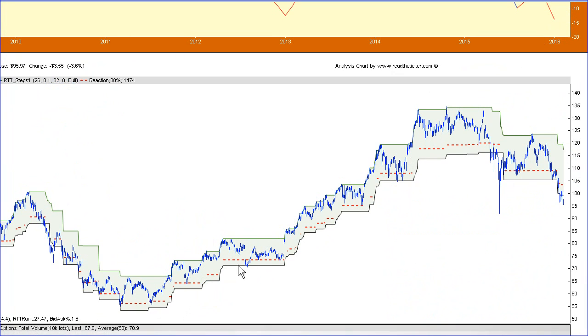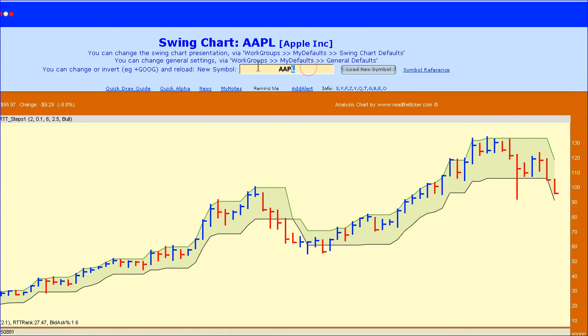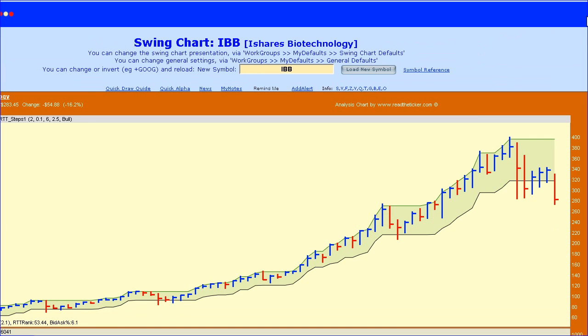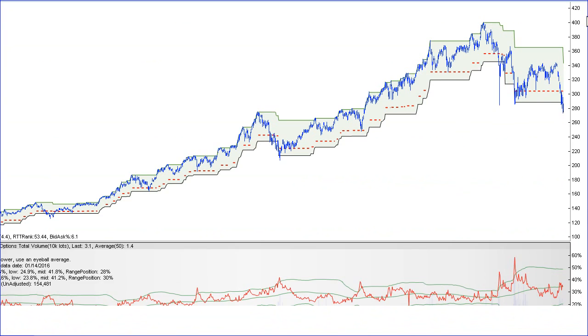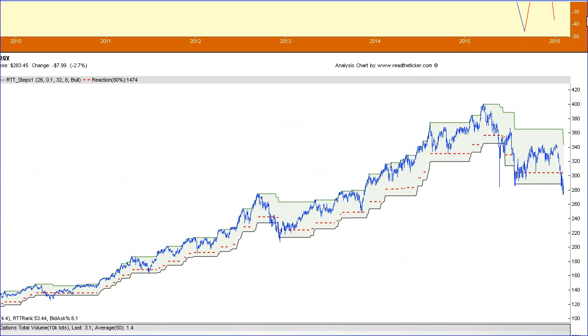But the better thing about this tool here is that if I change the symbol, I go in here, I change the symbol, and I put in IBB, Biotech, another strong trending one, which we know the money managers have been following. The idea is to scan your stocks with an automatic stop loss tool. There we go, it's 1,000 bars. As we can see here, the 10% stop works pretty good, a bit of weakness there. But generally speaking, this trend of IBB Biotech has been managed pretty well by the